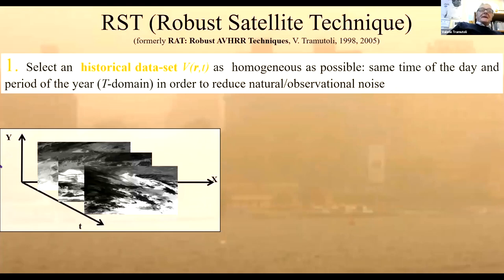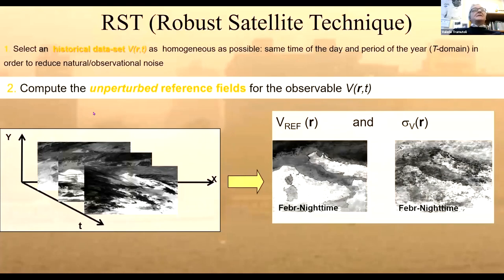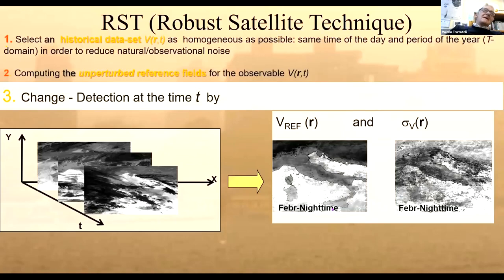So we prepare a data set which is built by satellite images collected at the same time of the day, in the same season, the same months of the year, to have the same emissivity related to vegetation. And we build this data set as homogeneous as possible regarding the observational conditions. We compute for each pixel the reference fields in terms of temporal average and standard deviation, so that this image contains all the information related to years of observation during the months of February, during the night, and so on, and define the